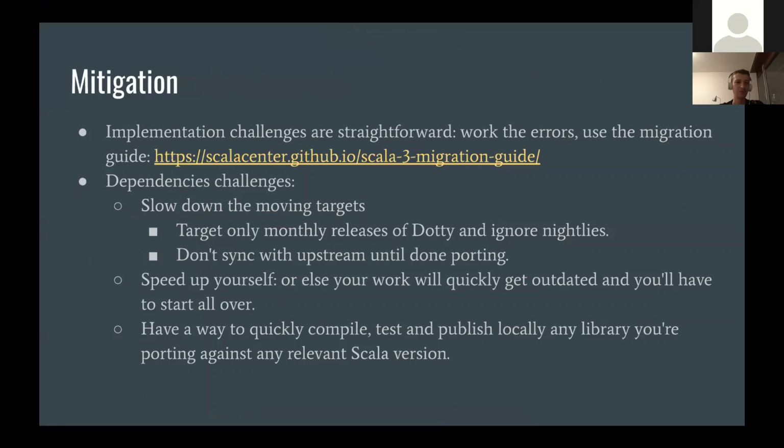So what solutions did we come up with to mitigate these problems during the porting effort? First of all, the implementation challenges. The implementation challenges are the challenges that arise when you just start implementing or porting a library, and they're pretty